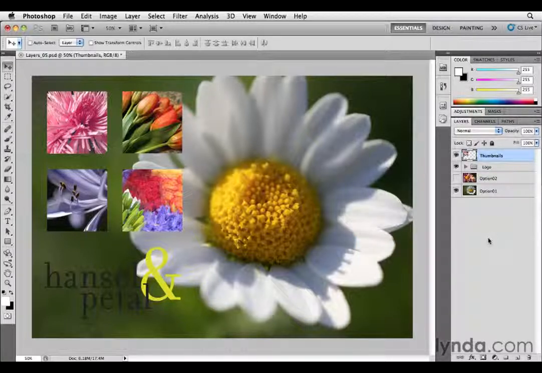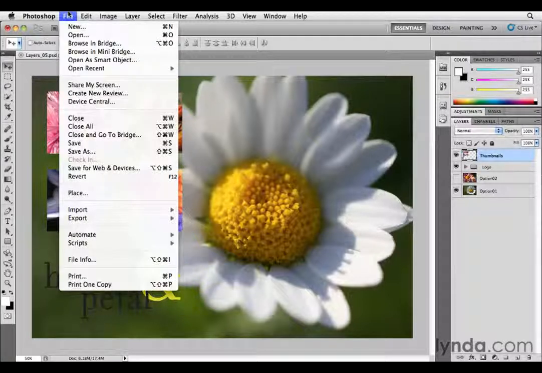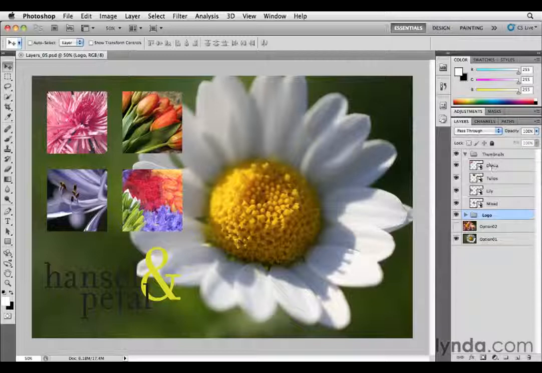Again, just be careful with these commands. They're very destructive. You can't get that information back. If you were to save this file and reopen it, it's gone. I'm going to just revert because I haven't saved it. So I'm going to go to File, Revert to get back to where we were, and we have all that information back restored. Great, powerful commands, useful when you need them to reduce file size or reduce complexity of a